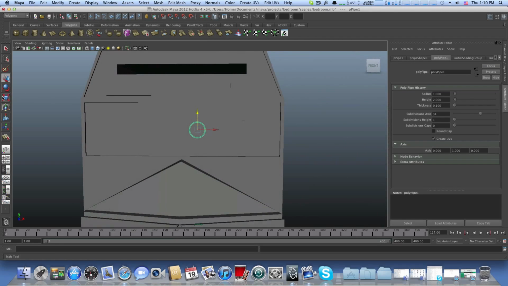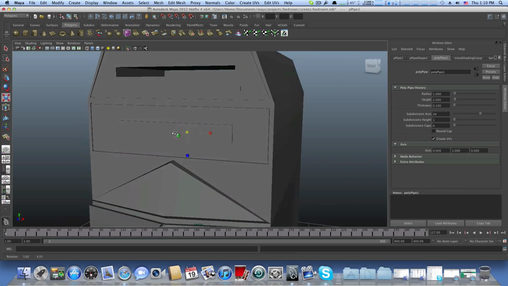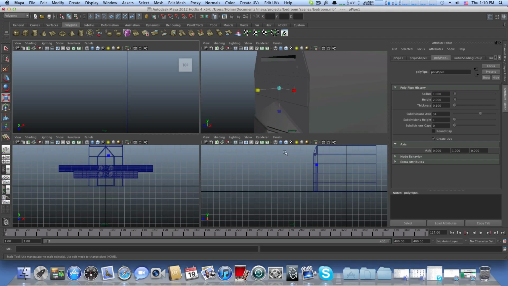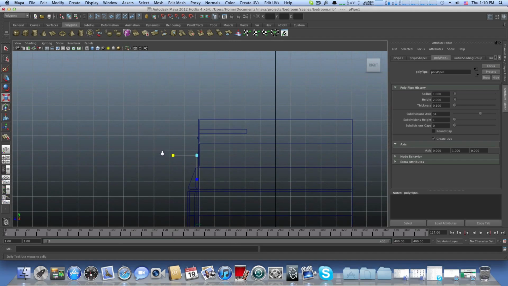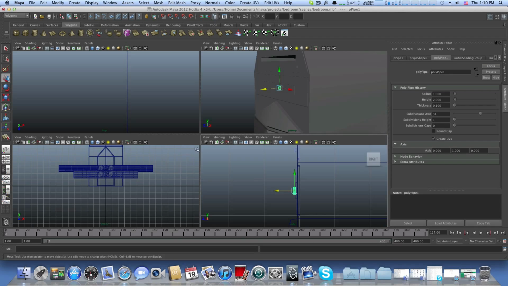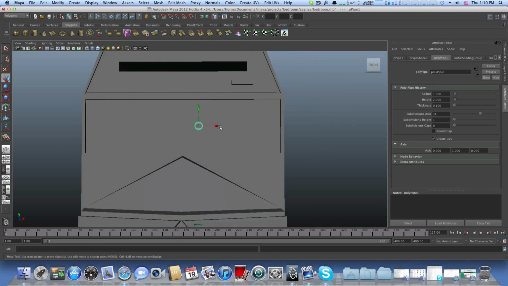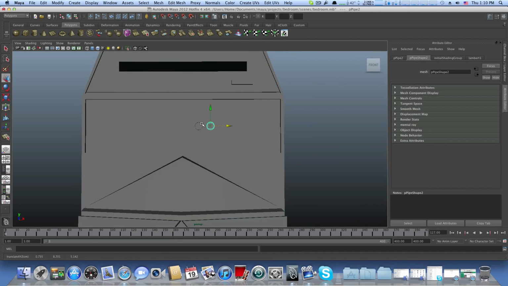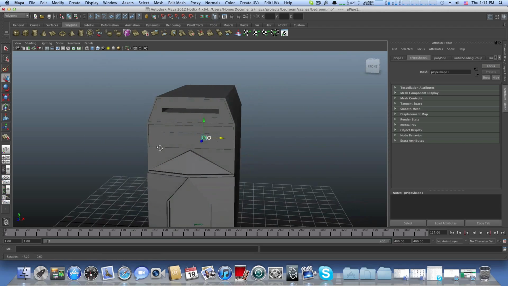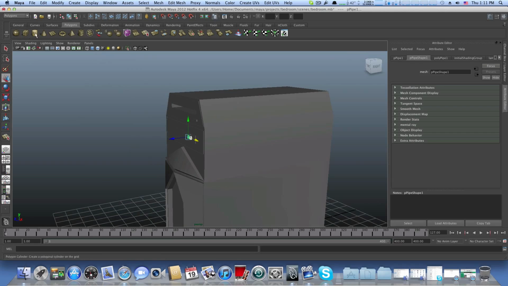It's not too much, but it's something. Shrink it also and just put it here. You can change to four view to see that we are putting this very close to the panel surface, and that's fine. Now we can duplicate it and move them both over here, and if you really like you can